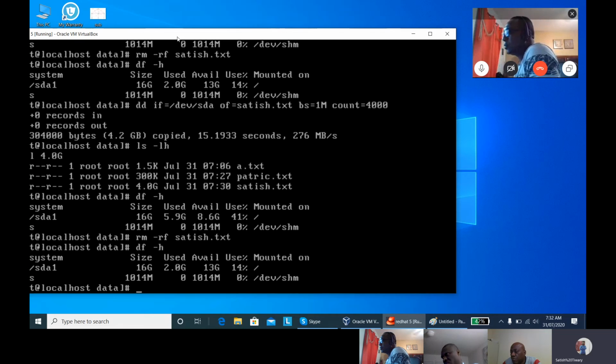Suppose you don't want anyone to recover your data, right? Suppose you are selling your old laptop to someone else, and you think that you have formatted your hard disk and now it is safe, and you sell your laptop. But the guy who has purchased your laptop can use data recovery software and get all your data. He can recover all your data from your hard disk, and he can misuse your data.